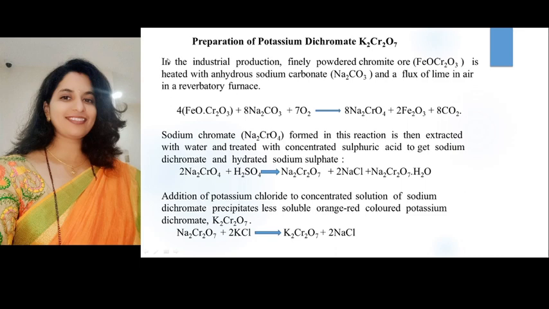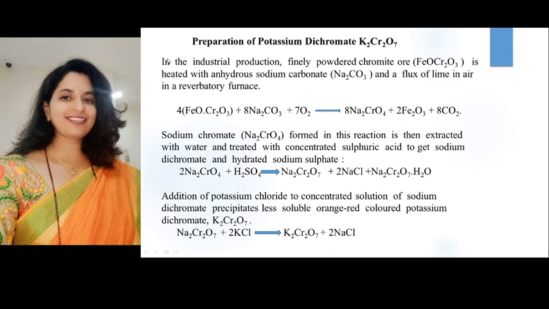Now we will see the preparation of potassium dichromate, that is K2Cr2O7. Composition of chromite ore is FeO.Cr2O3. It is also called chrome iron ore. Conversion of chromite ore into potassium dichromate involves 4 steps. Step 1 is concentration of ore. In this, powdered chromite ore is concentrated by washing with current of water in a hydraulic classifier. Lighter gangue is carried away by water. Heavier chromite ore settles at the bottom, which is separated.